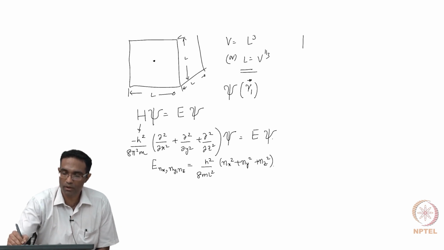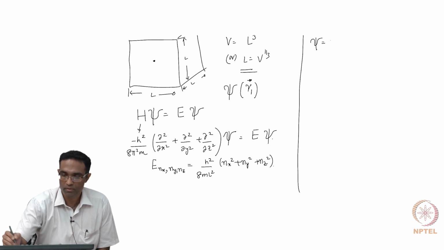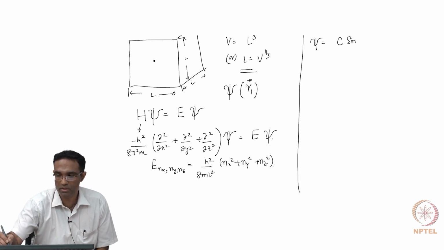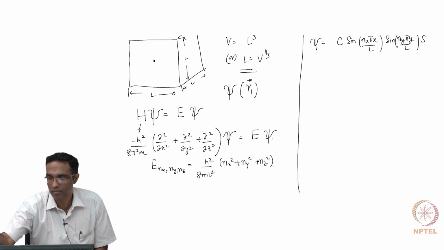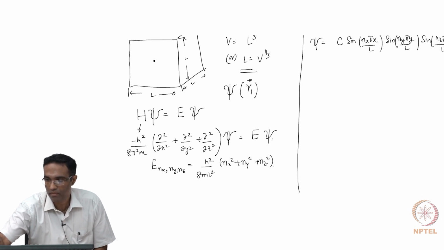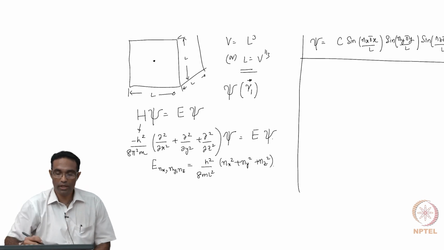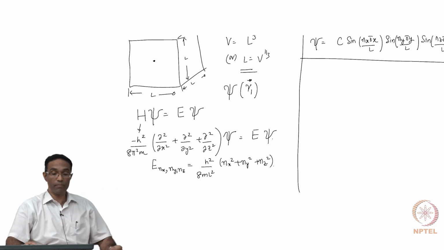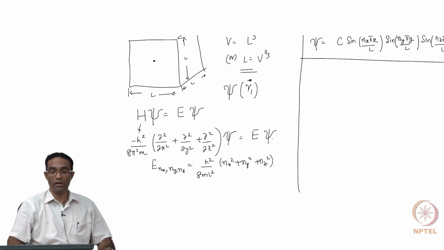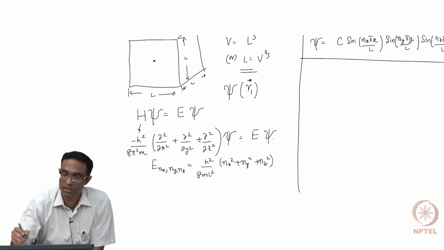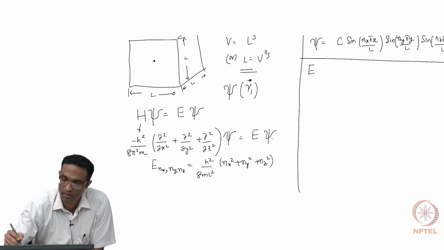And the corresponding value of psi is nothing but some constant times sine(nx pi x over L) sine... Right. So, in order to motivate and see how many different ways the energy E of the system can be reached, we assigned a specific energy E star to this value E here,